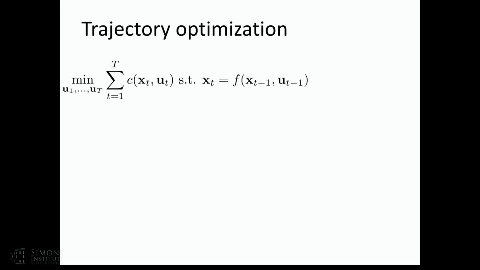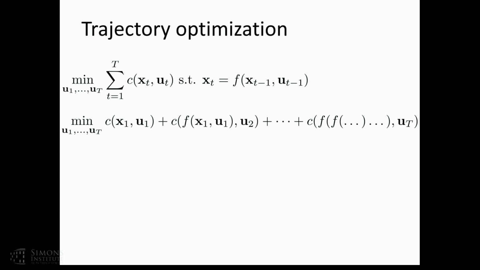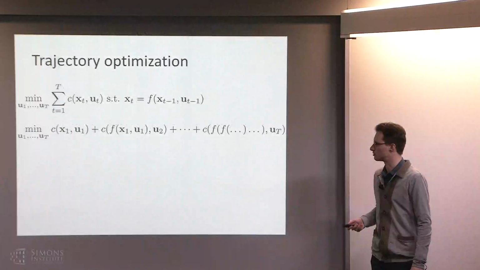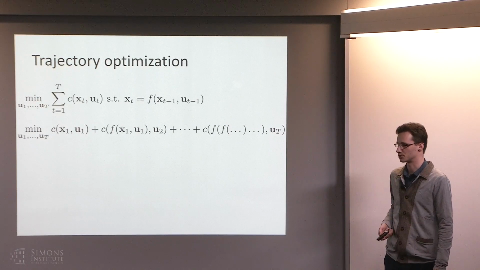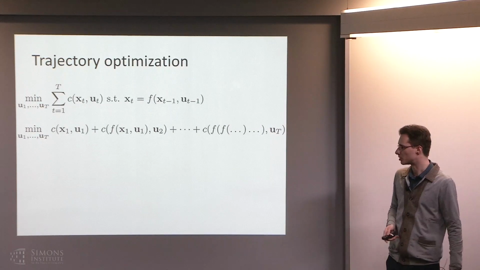And then, a classic way to deal with this kind of problem is to use a technique like trajectory optimization, which just says, write down this optimization problem and then find your favorite optimization algorithm that actually solves it. There are a number of ways you could go. For example, you could take this constraint, notice that it's an equality constraint, and just substitute it in for all the x's, and then you get an unconstrained problem. That's good. There's a number of ways you can solve this unconstrained problem. You can also deal with the original constrained problem, so sequential quadratic programming methods are really popular for this.